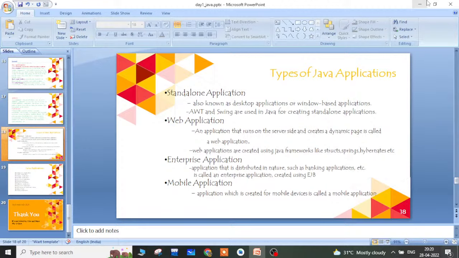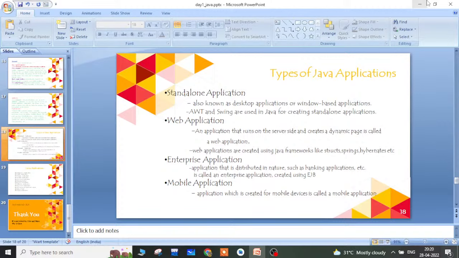There are four types of applications: standalone applications, web applications, enterprise applications, and mobile applications. Java can be used to build any of these four types. We'll discuss each application briefly with some examples.